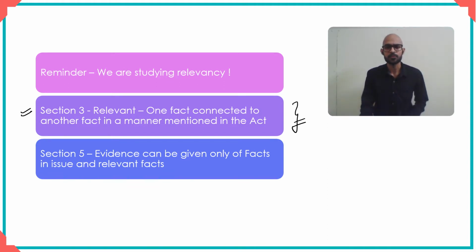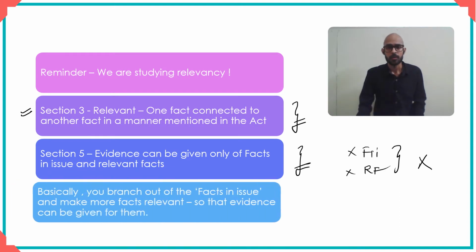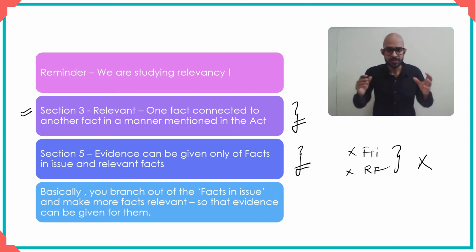Section 5 gives you the basic principle of relevancy, which is that evidence can be given only for facts in issue and relevant facts, which means if a certain fact is neither a fact in issue nor a relevant fact, then evidence for it cannot be led. Important point. Now, you know that the fact in issue is the main point, is the main issue for which